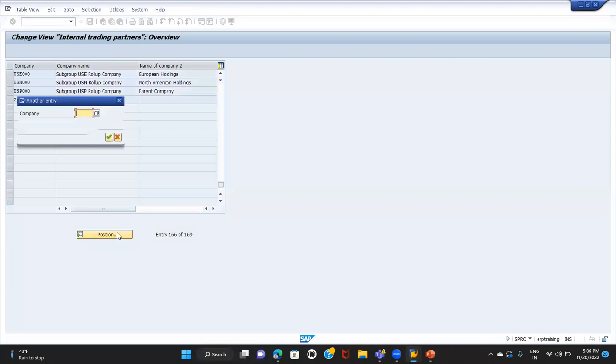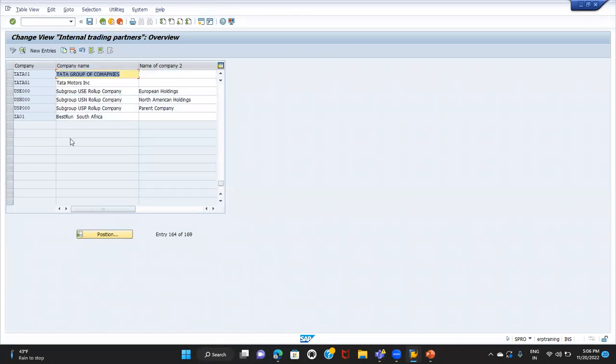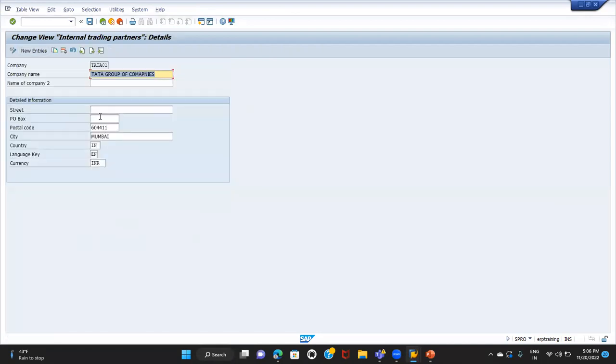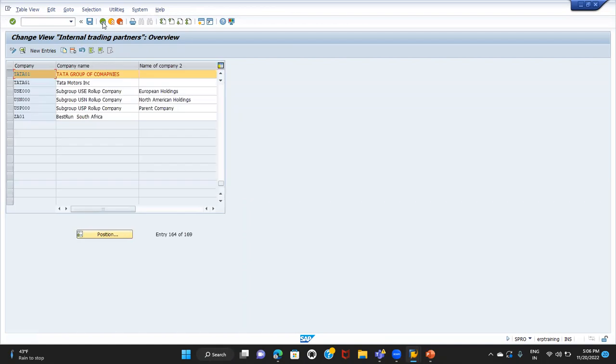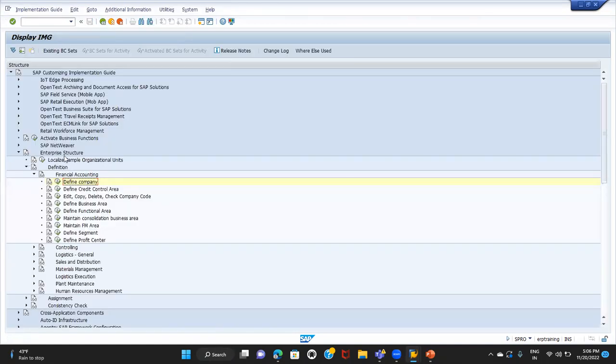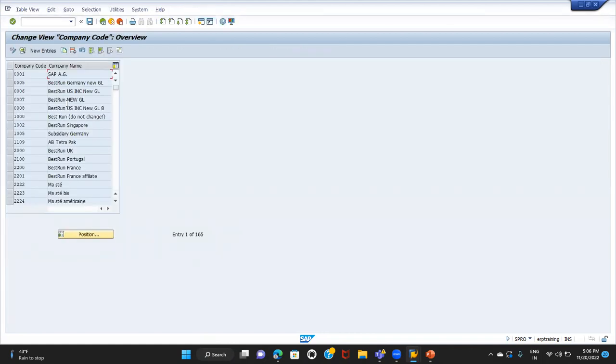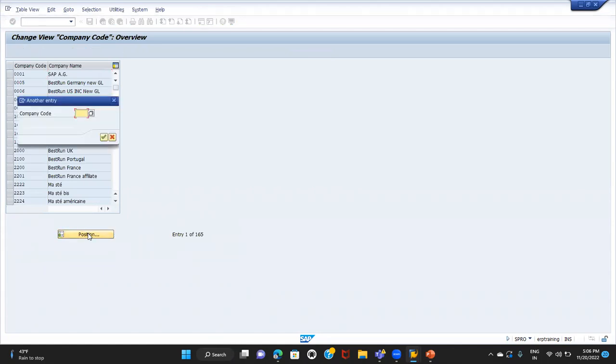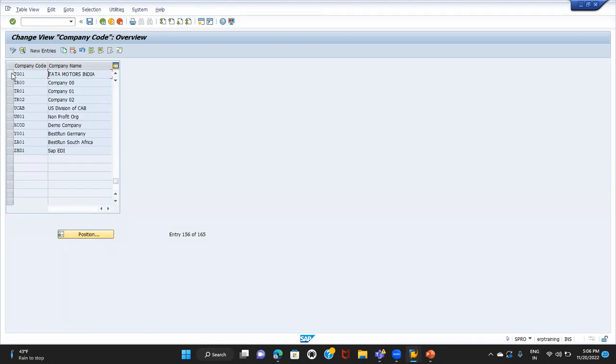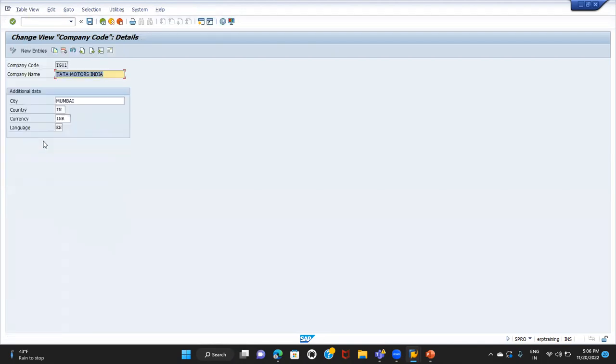TATA01 is the company name which I have created yesterday. If I go to details, here we have all the details, right? Now let me show you the company code also. The same path in the IMG screen: enterprise structure, definition, then we have company code. I'll go to edit company code. Because we have already created it, the company code name which we have given is TG01, which is there already. If I get into details, we have